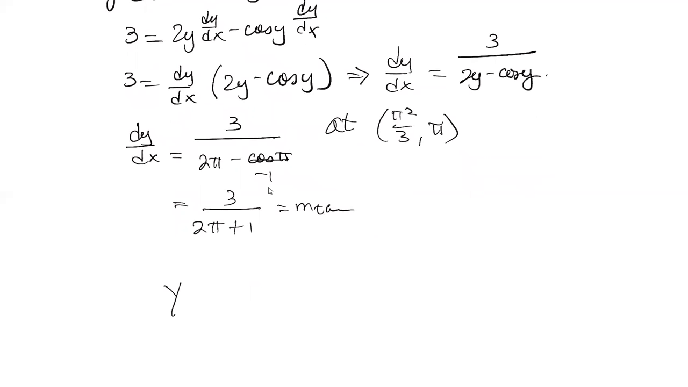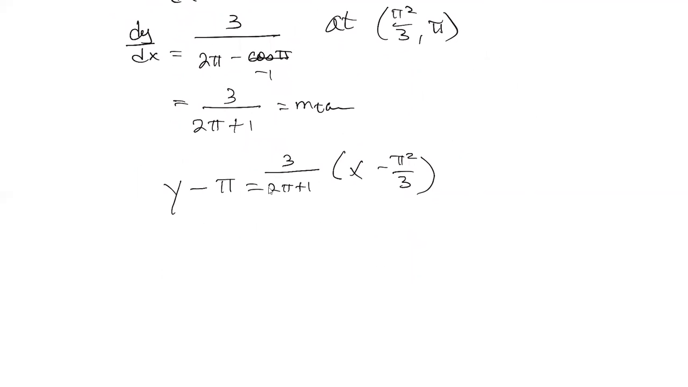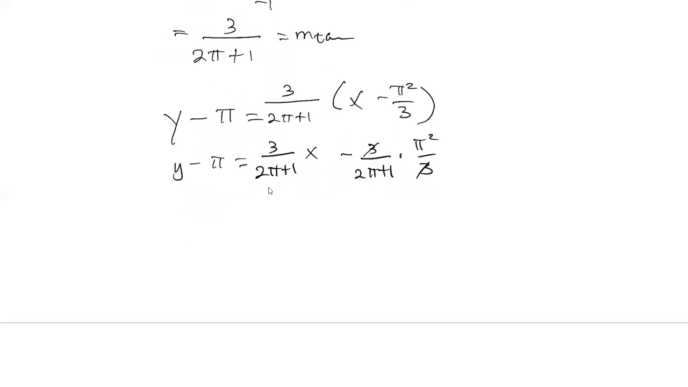And so we would have y minus y1 is equal to m times x minus x1. That would be the point-slope formula for the equation of the line. And if we wanted it in slope-intercept form, which is what I believe they asked for, that would be y minus pi is 3 over 2 pi plus 1 times x minus 3 over 2 pi plus 1 times pi squared over 3. So the 3's cancel, and we have y is equal to 3 over 2 pi plus 1 x minus pi squared over 2 pi plus 1